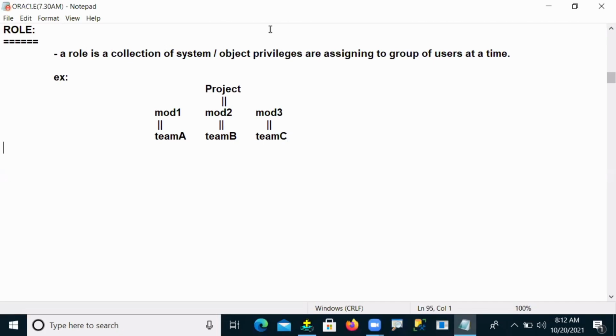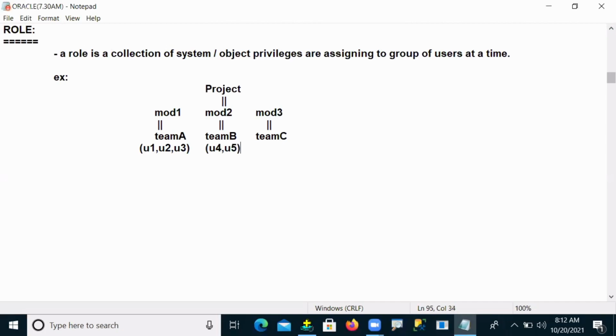So assume that in each team, suppose in team A, there are users: user 1, user 2, user 3. These 3 users come under team A. In the same pattern, team B has some users like user number 4 and user number 5.